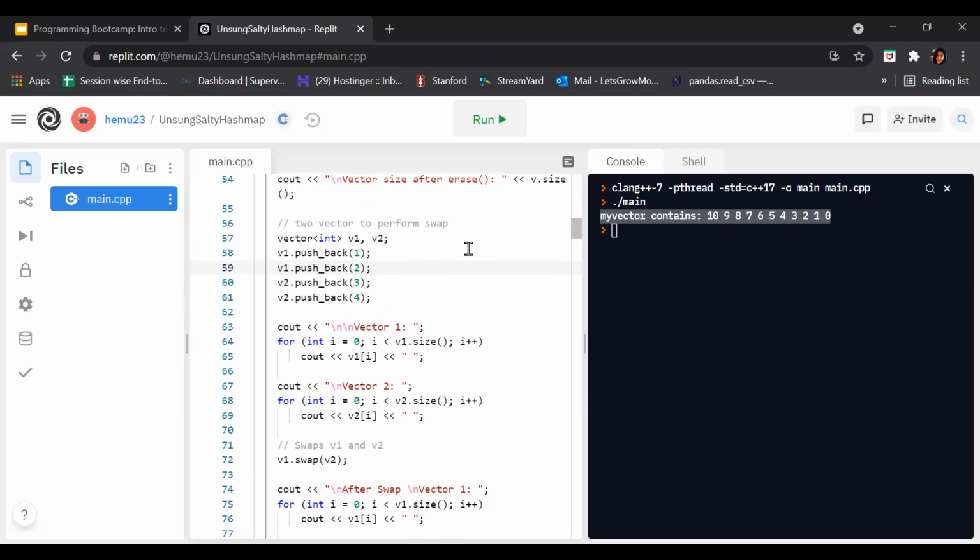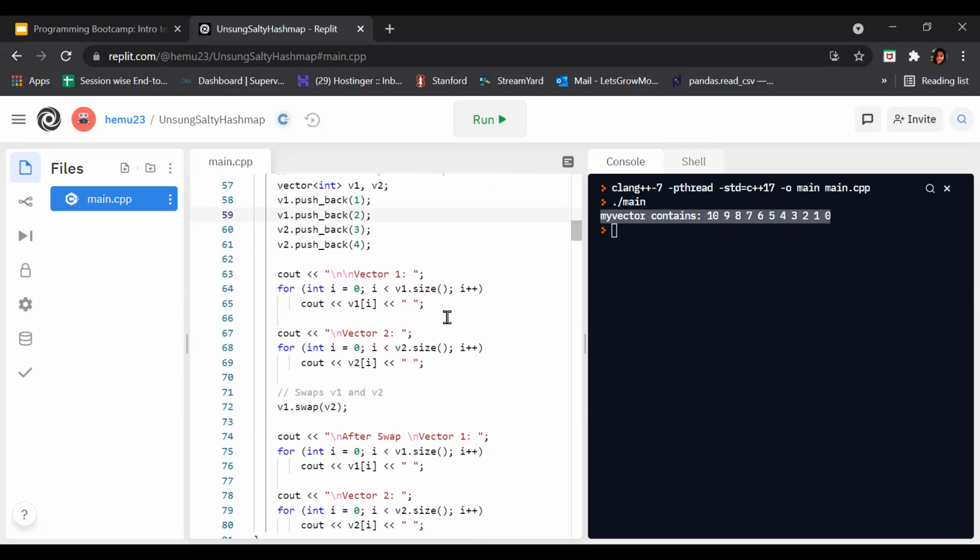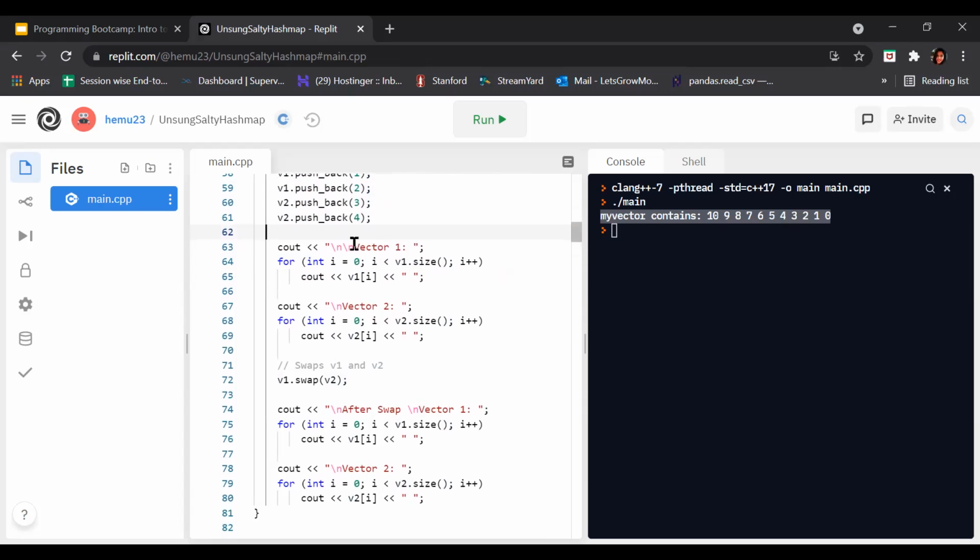It is continuously added. Then we push back into vector 2 and here into vector 1. After that we use cout, which displays vector 1.